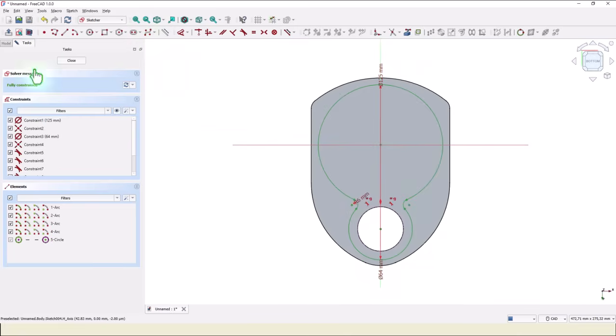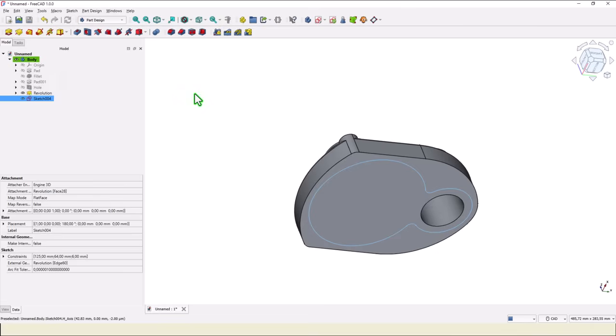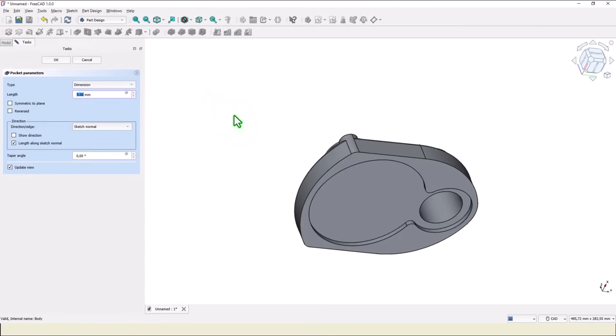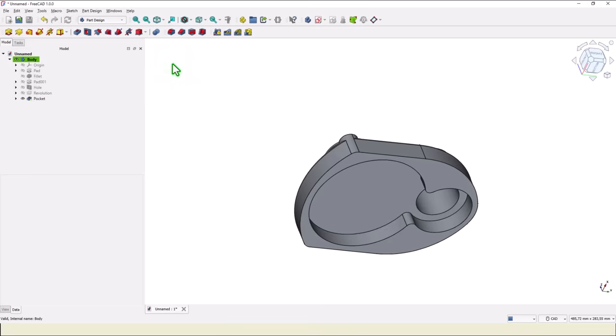Green all over, close, pocket of 18. Okay, 0